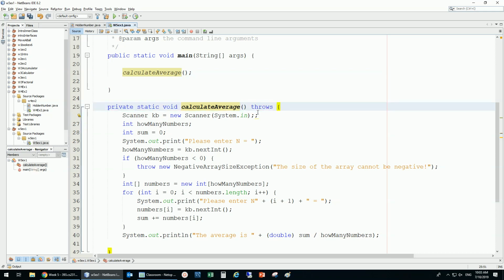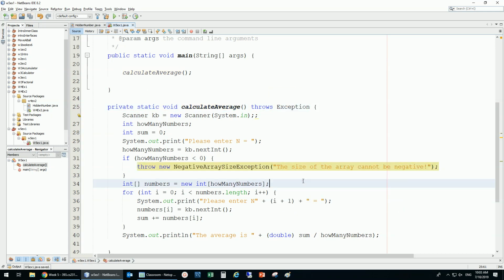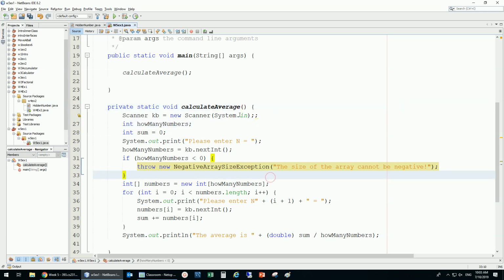By using, inside here in the method, I'm going to say that it's going to throw an exception. Which means now, as soon as I do this, it will not allow you to use this one without a try catch. So I create a method. I know that this method can throw some exceptions. If I'm not doing this, the user of my method can use it without a try catch. But because I want him to be safe and use the method in a safe way, I will add this